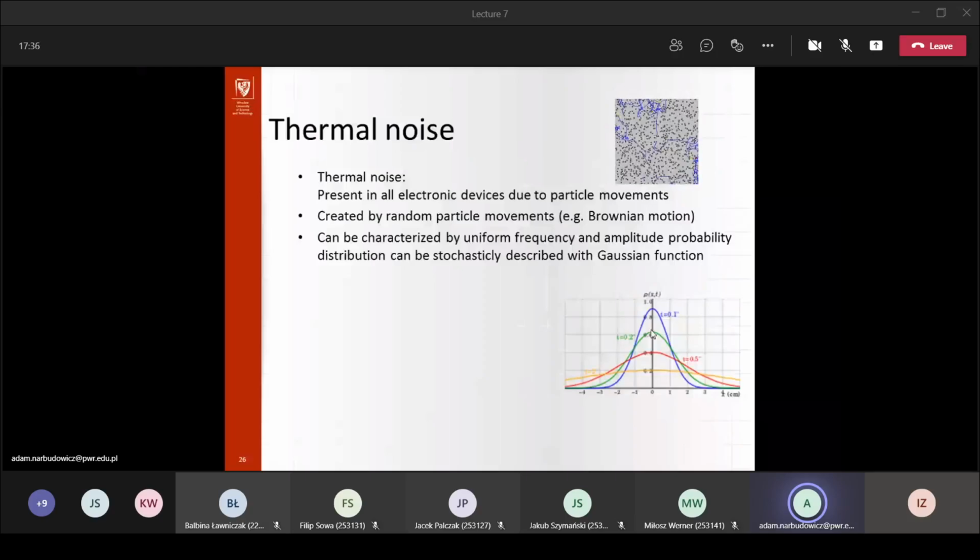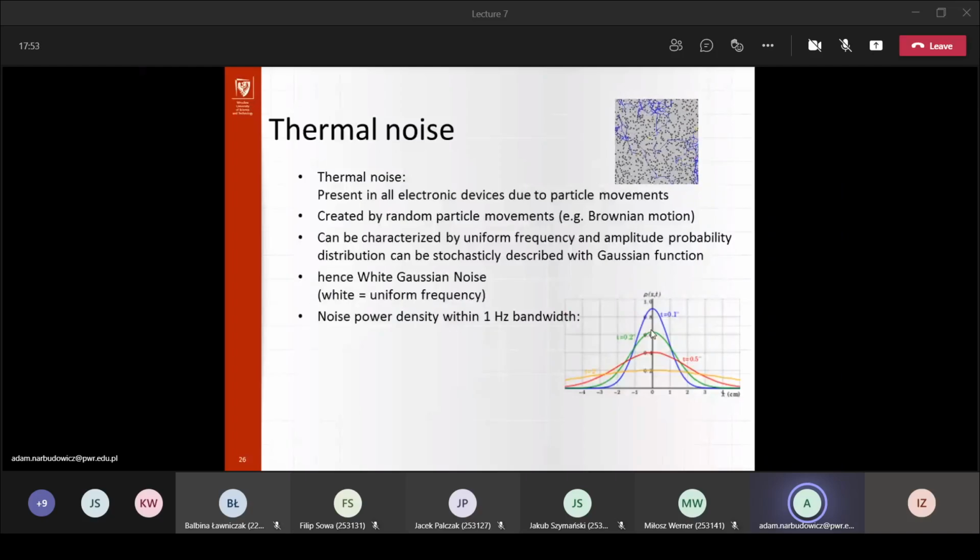Of course, the temporal or local amplitude at a given frequency will change randomly, because that's the definition of noise. However, the noise will be present from minus to plus infinity. And this is why very often the noise power is referred to 1 hertz,